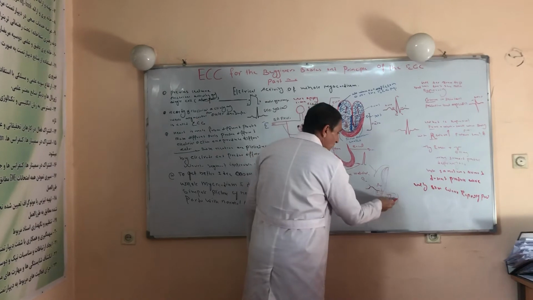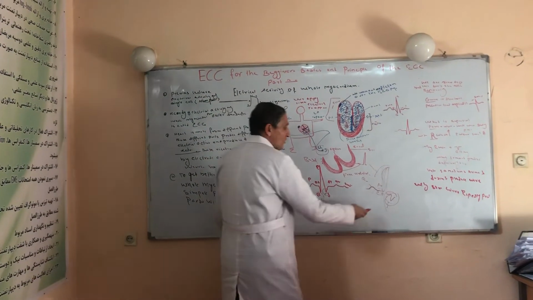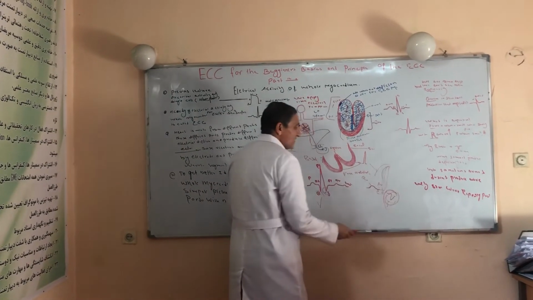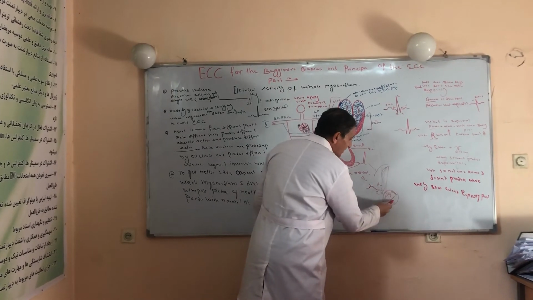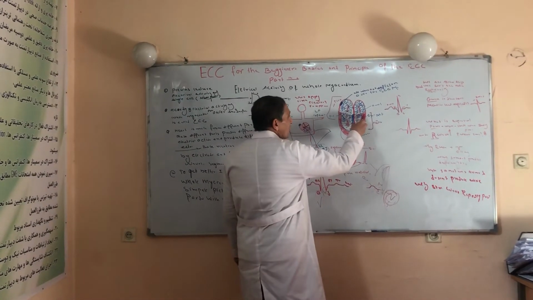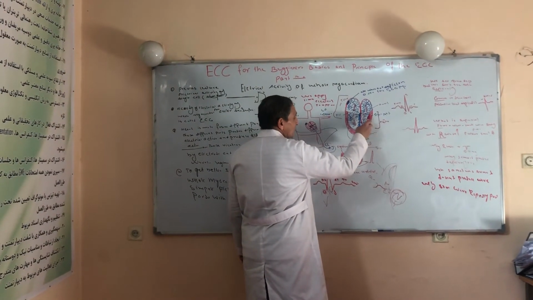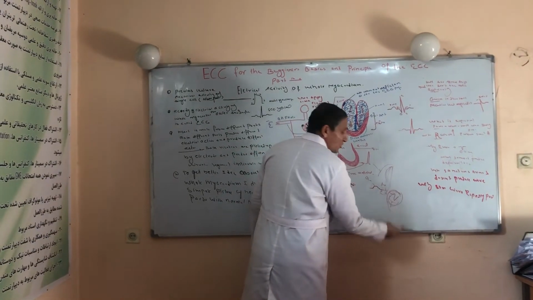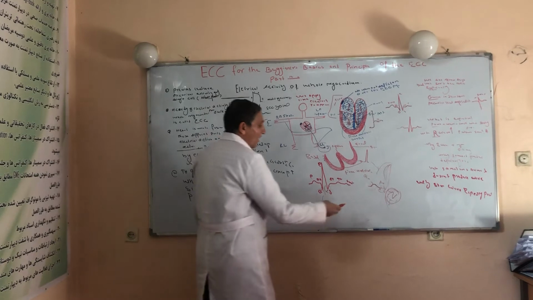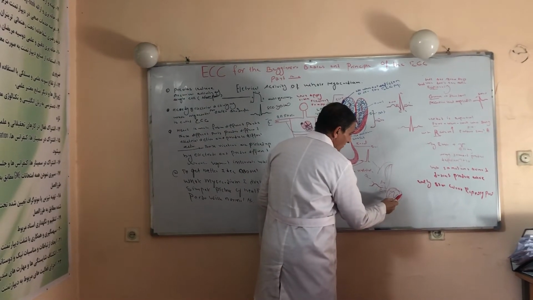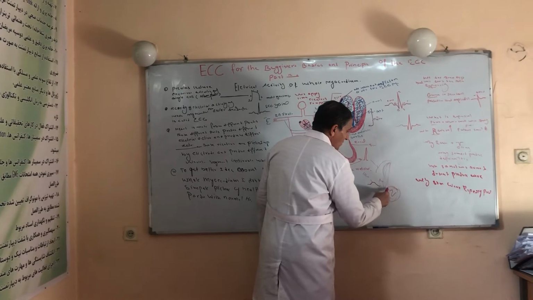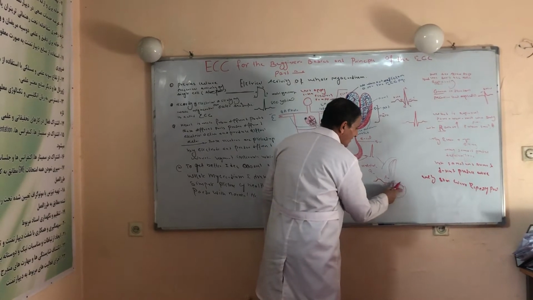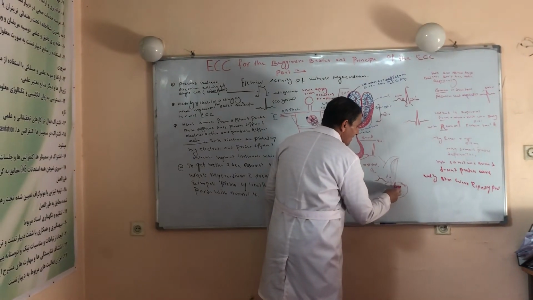The S wave is a small vector. Why small? Because the basal part is small. The S wave is rapidly produced over the ECG paper because the basal part is supplied by Purkinje cells. And why is it a negative wave? Because the positive charge moves away from this electrode. Therefore, the basal part produces a negative deflection which is called the S wave. So after the S wave, this is the S, and this is the T wave.